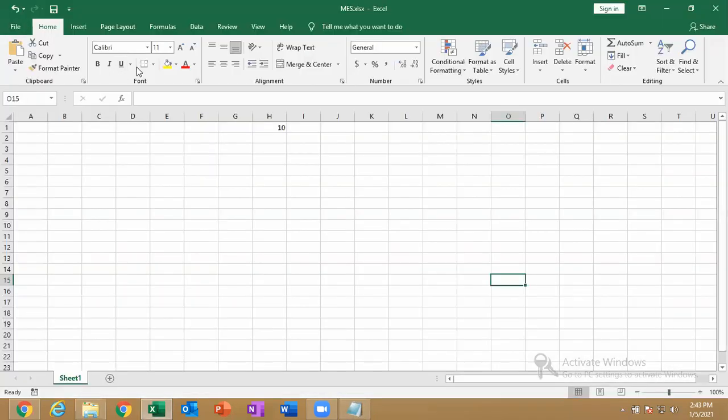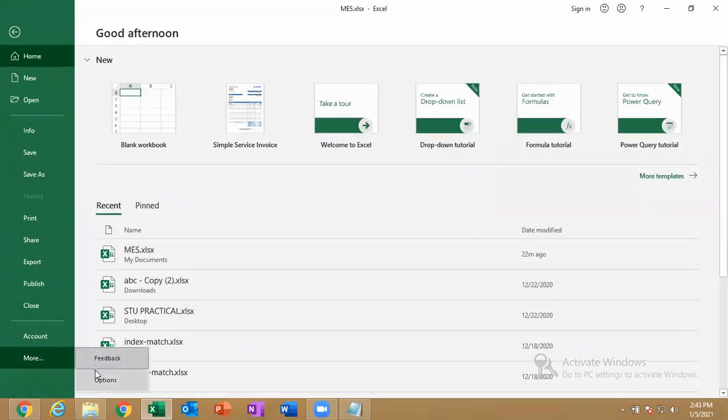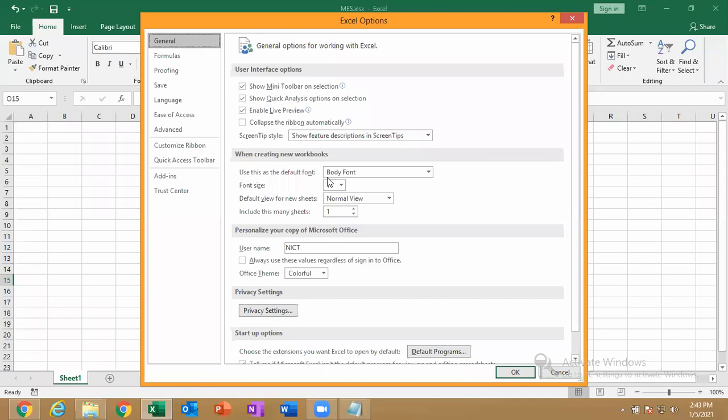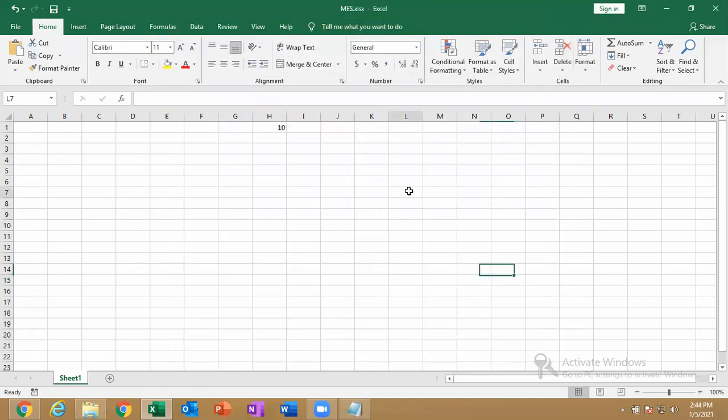Why, sir, is the default font size 11? Why is the default font Calibri body font, and why is the default font size 11, and why is the default sheet one, and why, as I just told, is the default normal view? All are because of this place. More options, general, body font, the default font size is 11, normal view is the default view, and the default is one sheet. Because the settings are like that, we are getting it like this.